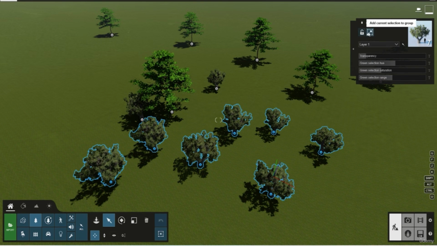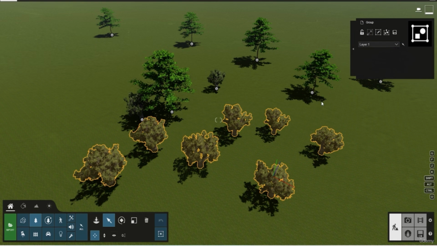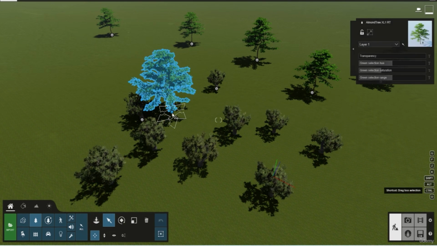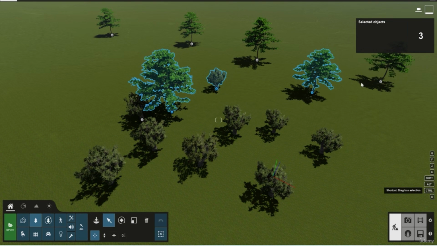And here there's another icon that says add current selection to a group. Now I'm going to group them. I'm just going to click them. Now it's a group. Okay, now you can change the group, or ungroup it, or maybe save it like this. Okay, so now I'm going to press escape here, and I'm going to select another layer like this,